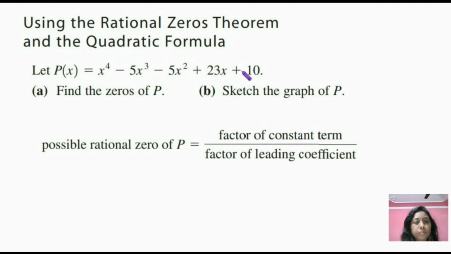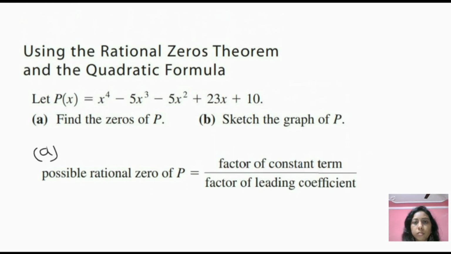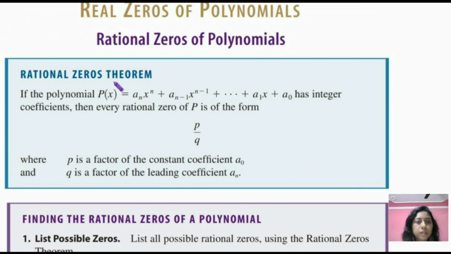Here, given this polynomial, find the zeros and sketch the graph of p. So first, possible rational zeros of p: factor of constant term divided by factor of leading coefficient, according to this rational zeros theorem. Okay,